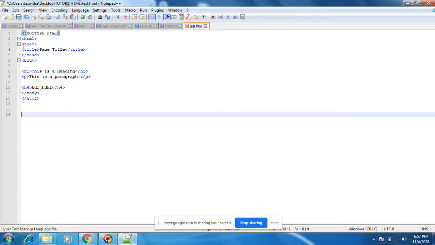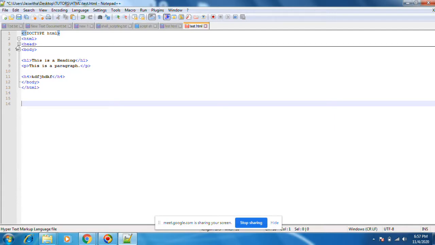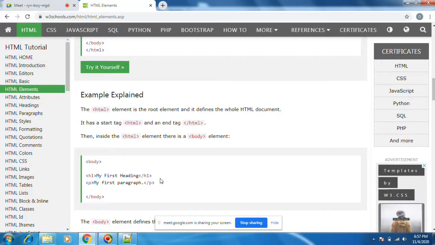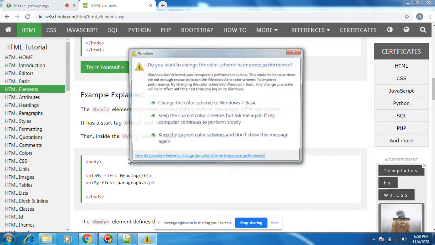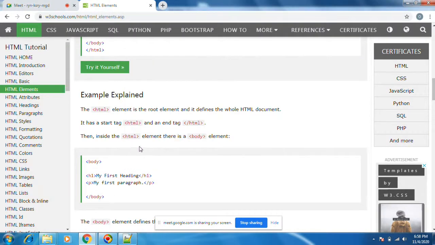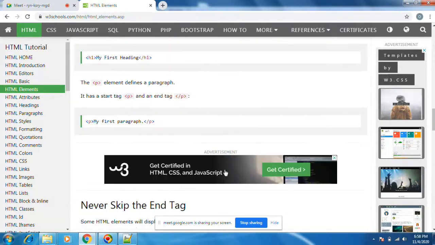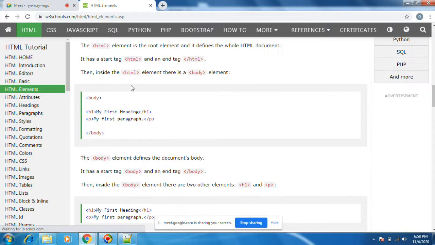HTML, head, again something. Similar kind of if, it is the same. This is just what we need to know. Okay, what is an element, what is a tag.